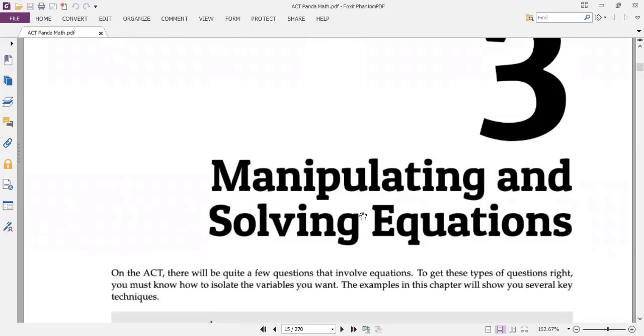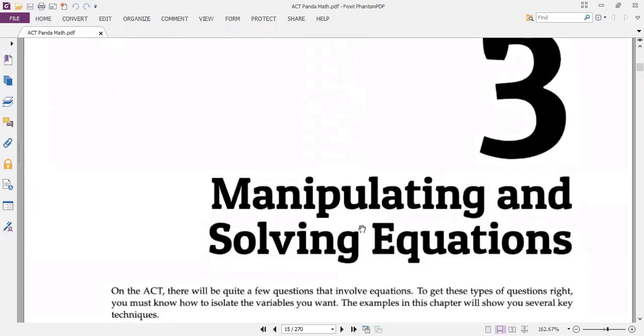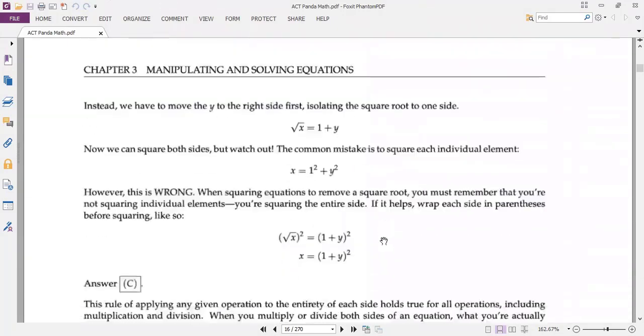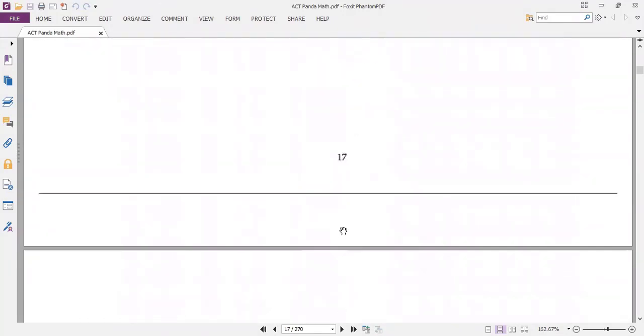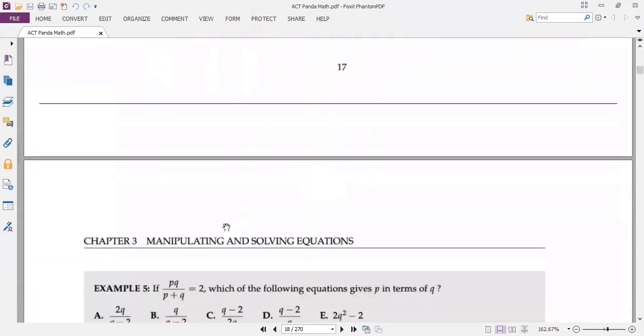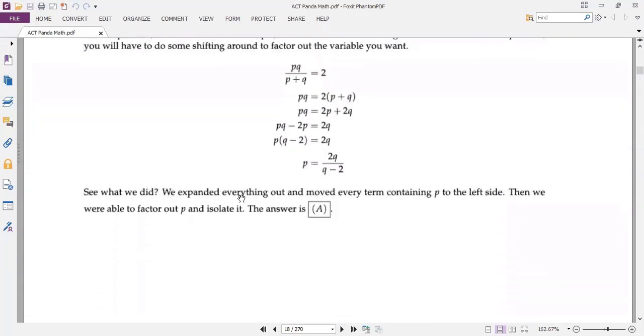Okay, chapter number 3, manipulating and solving equations. We will handle the chapter exercise directly, and if anyone needs me to explain any of these examples, please contact me on